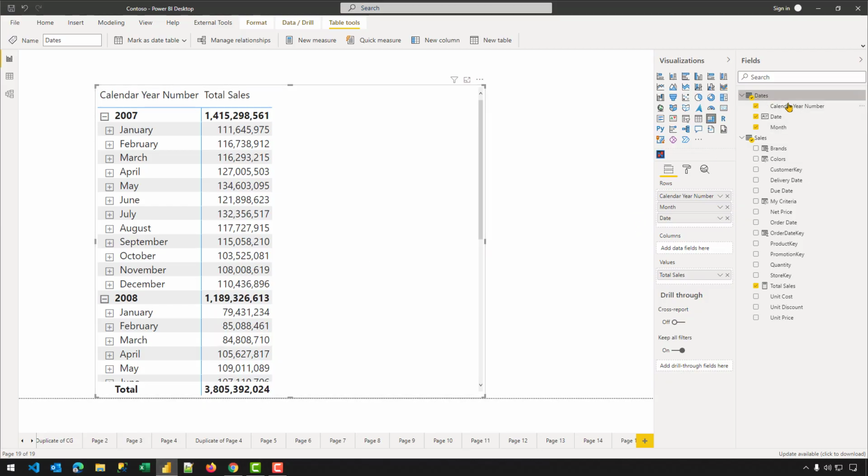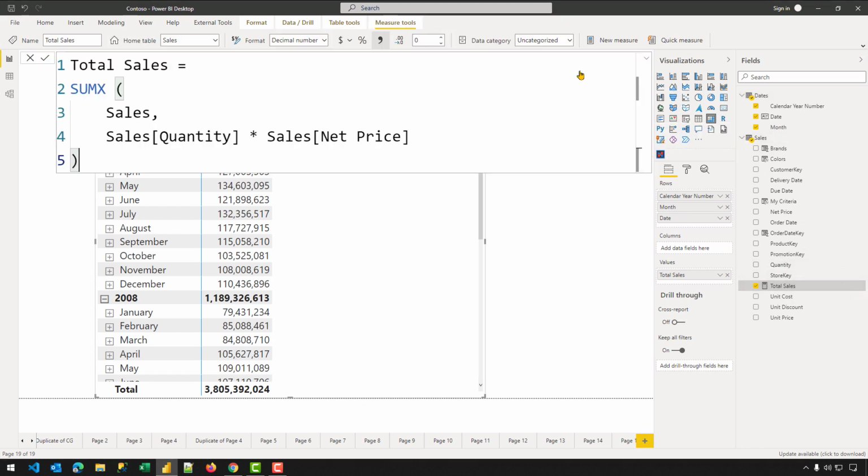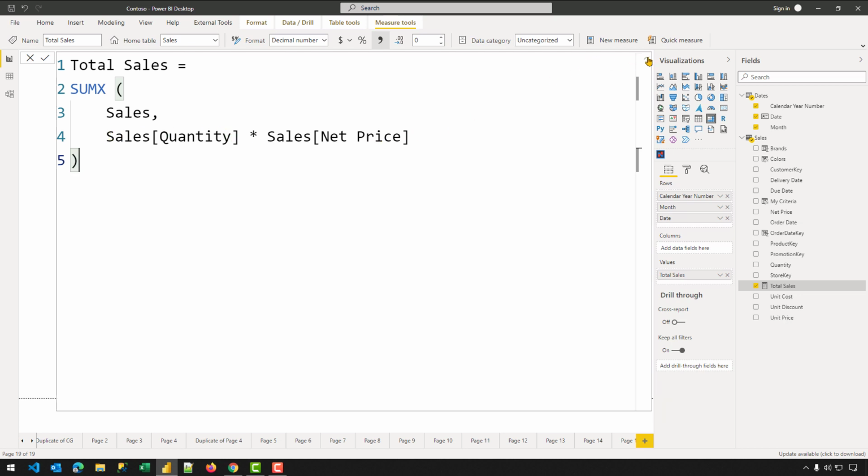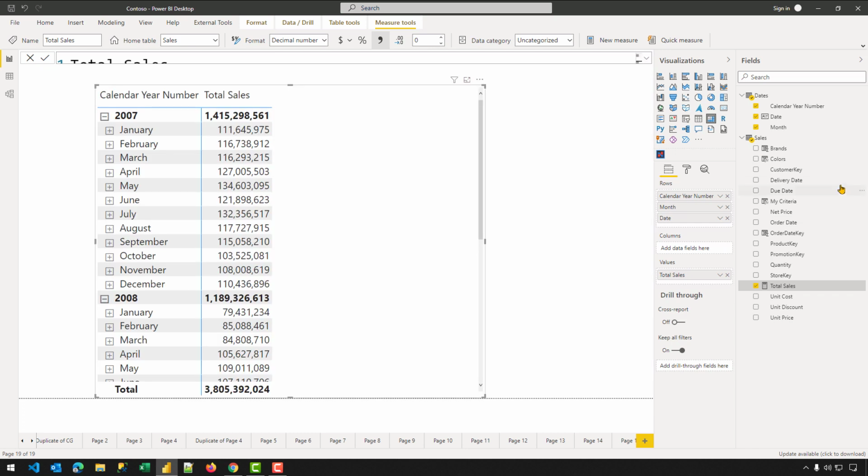In the data model, we have two tables: a dates table and a sales table. On the sales table, we have a measure which is basically a SUMX over the sales table, and in the row context, we are multiplying the quantity by the net price. What we can do is create a TOTALMTD function, and then use CALCULATE plus DATESMTD. Once we understand that there is no actual difference, we are going to take a look at what is actually happening behind the scenes with the help of DAX Studio.